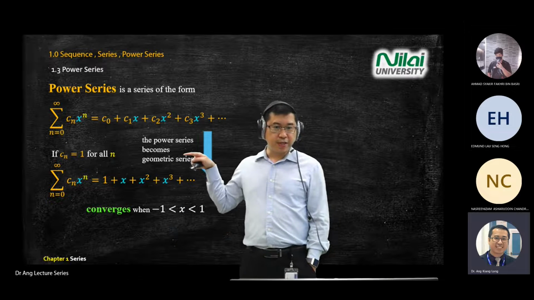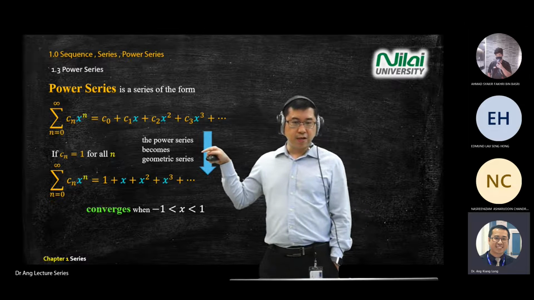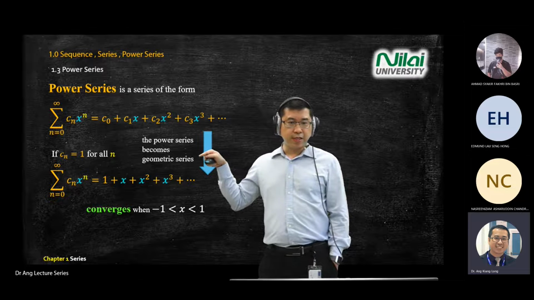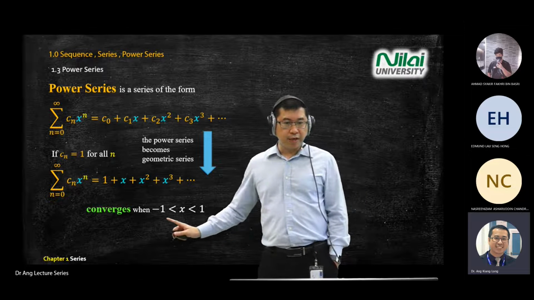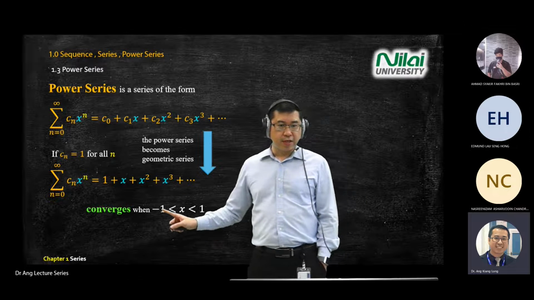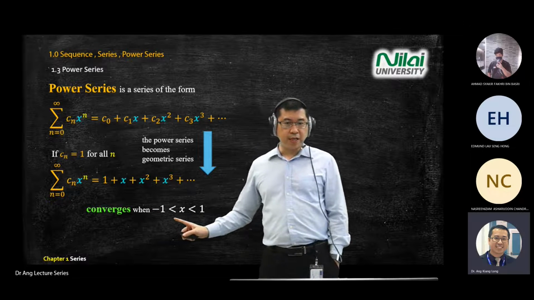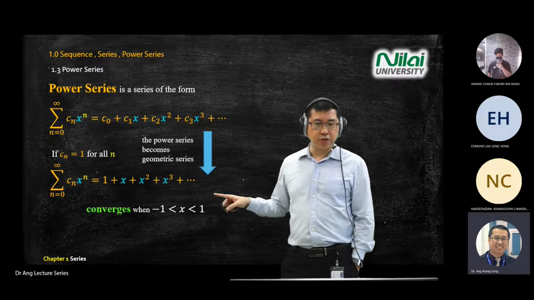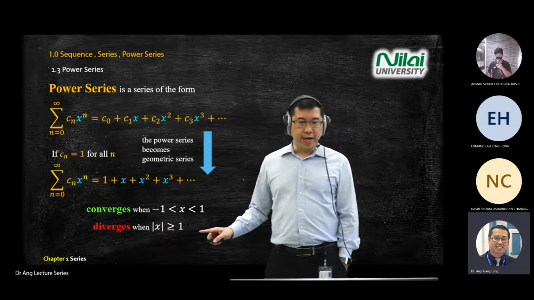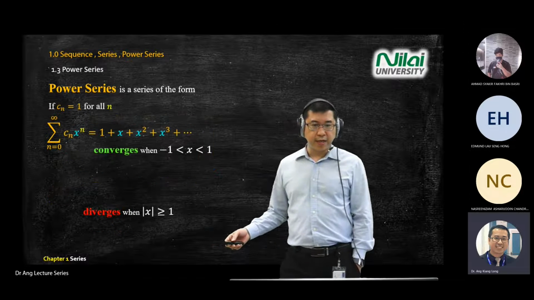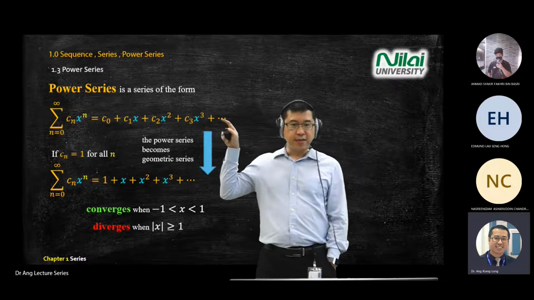Previously, we already discussed geometric series in the previous class. So if you cannot recall, go back to the video where we discussed geometric series. We have already proved that in the geometric series, the series will converge between -1 and 1. This one we already did, right? We already showed you why this one works. And it diverges when x is more than or equal to 1, and so on. So this morning we again recognize the pattern of power series,